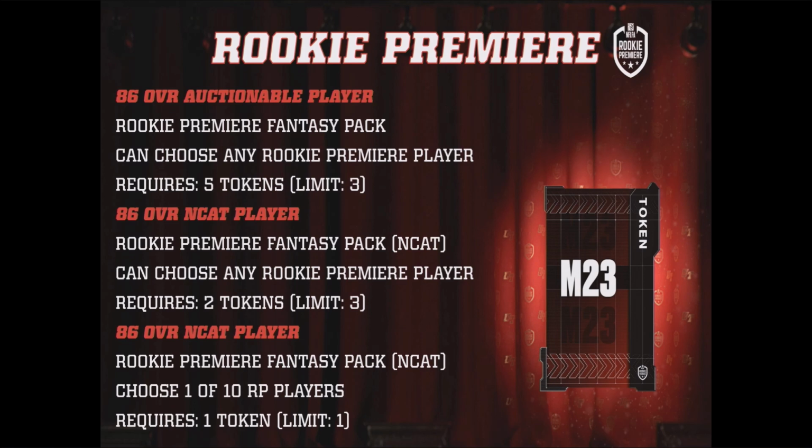This is something big that you guys really want to know: what rookie premier players you're targeting to go with for your NCAT specifically. Obviously, if you go with an auctionable one, you still have to know who you're going to go with, but you're not stuck with that player, right? Like if you go with an auctionable and you take someone like Chris Olave because you want a good receiver, well, let's say you open up packs or you're playing solos and you're leveling up and you end up getting another good receiver, well, it doesn't matter that much because you can just sell Chris